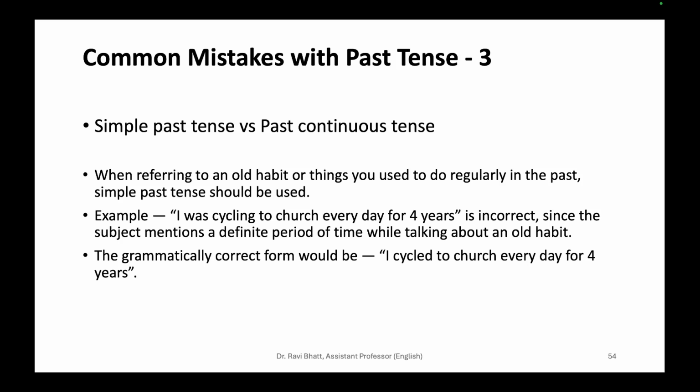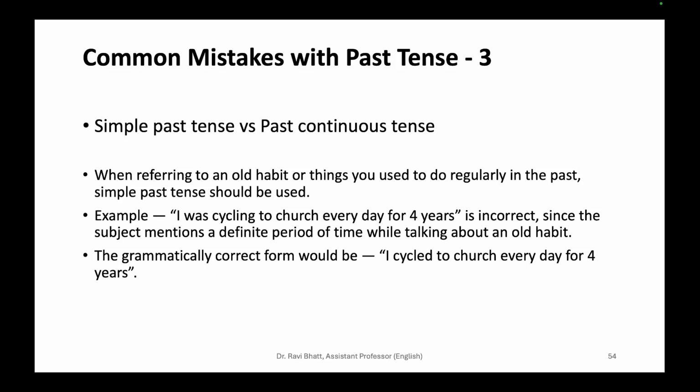Now, let's see the next one. Simple past tense versus past continuous tense. Now, again, something very important. When referring to an old habit or things you used to do regularly in the past, simple past tense should be used. For example, I was cycling to church every day for 4 years is incorrect. Okay, is extremely incorrect. Now, since the subject mentions a definite period of time while talking about an old habit,